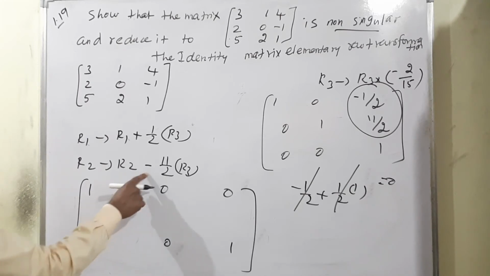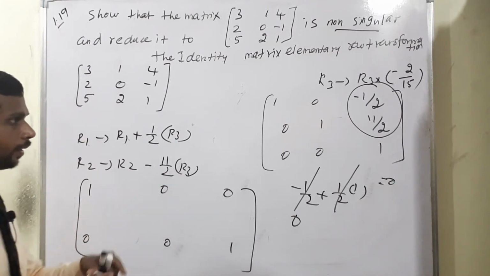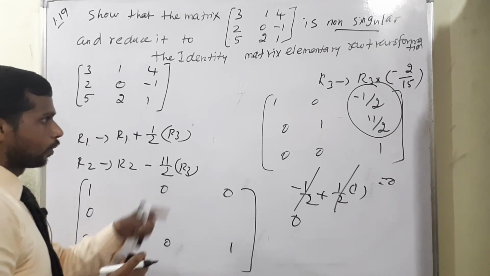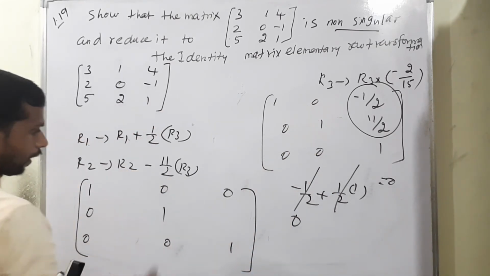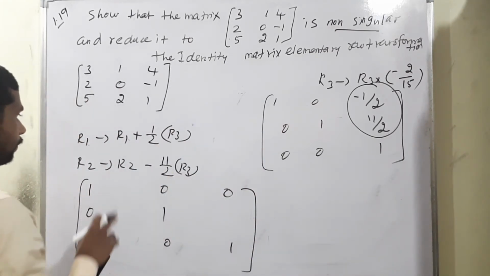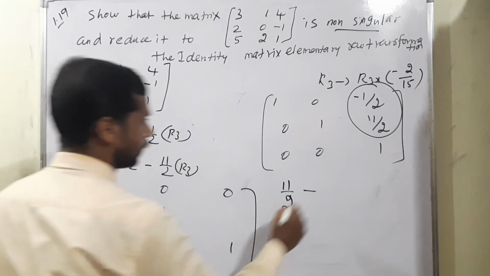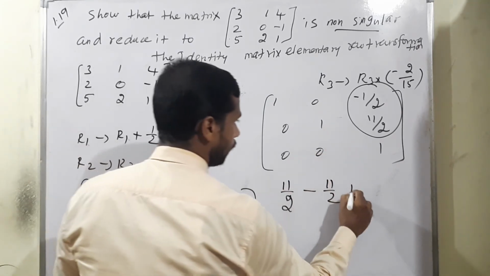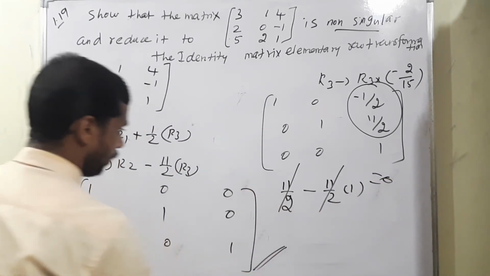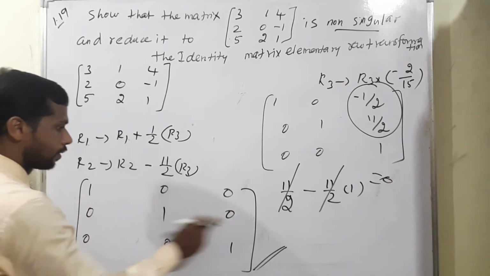Next one, R2 minus. R2 is equal to what is the value? 0. Then center minus, definitely R2 and R3 comparing, we can write 0. Center definitely, listen very carefully, R2 and R3, so 1 and 0 comparing means 1 minus 0, value will be 1. The last term: R2 value 11 by 2 minus again 11 by 2 into R3, value already 1 is there. So positive 11 by 2, negative 11 by 2, value will be 0. So see, this is our identity matrix in 3 into 3, means 1 0 0, 0 1 0, then 0 0 1.